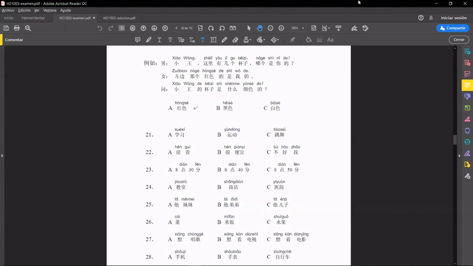小王，这里有几个杯子，哪个是你的？左边那个红色的是我的。小王的杯子是什么颜色的？